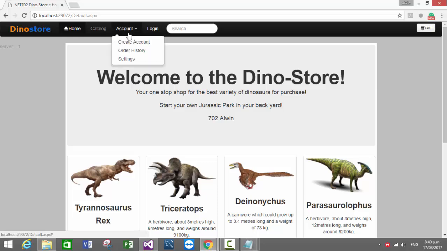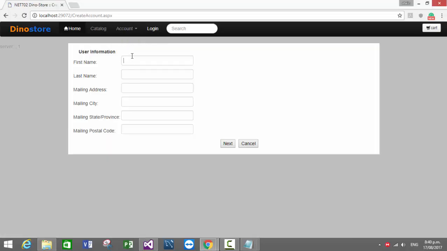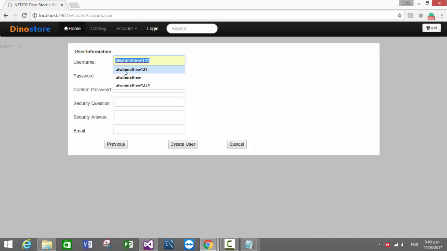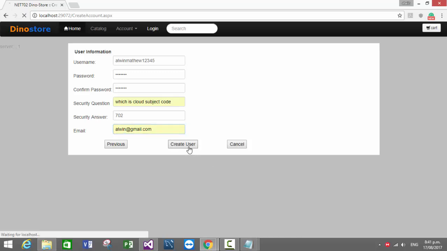After that we have to browse using the default browser, which may be Google Chrome or Internet Explorer. We have to go to Dynastore website, create a user if it is not already created, and give a username, password, security questions. This actually checks the queue server by creating an order. First we create this user